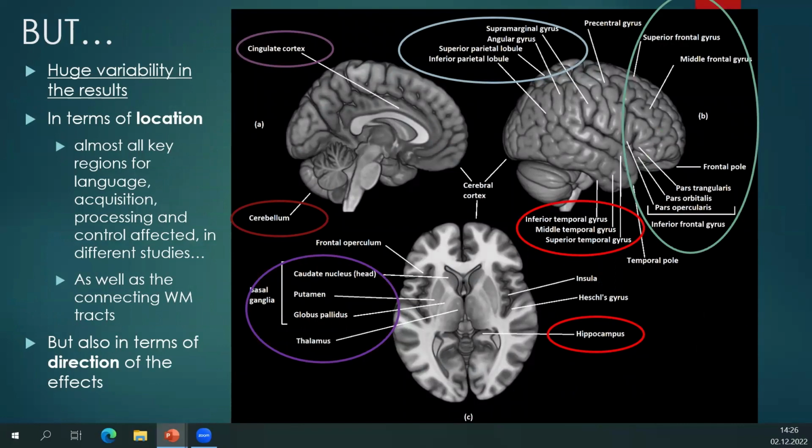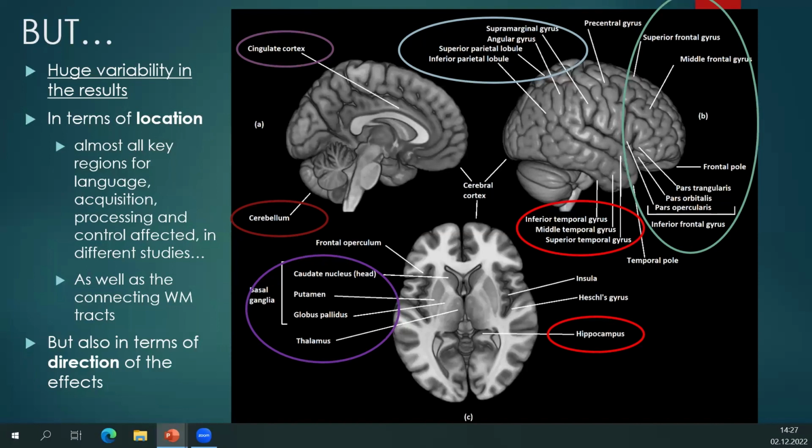There's a problem here. The problem is that the variability in these results is huge. So up until that time, 2018, 2019, if you went through all the papers and tried to make sense of all the patterns, you couldn't make any sense, right? So there was variability in terms of location, and the reported effects affected almost all key regions for language acquisition, language processing, language control, but different regions in different studies, right? So you had frontal effects, you had parietal effects, you had temporal effects, you had subcortical effects, cerebellar effects, but